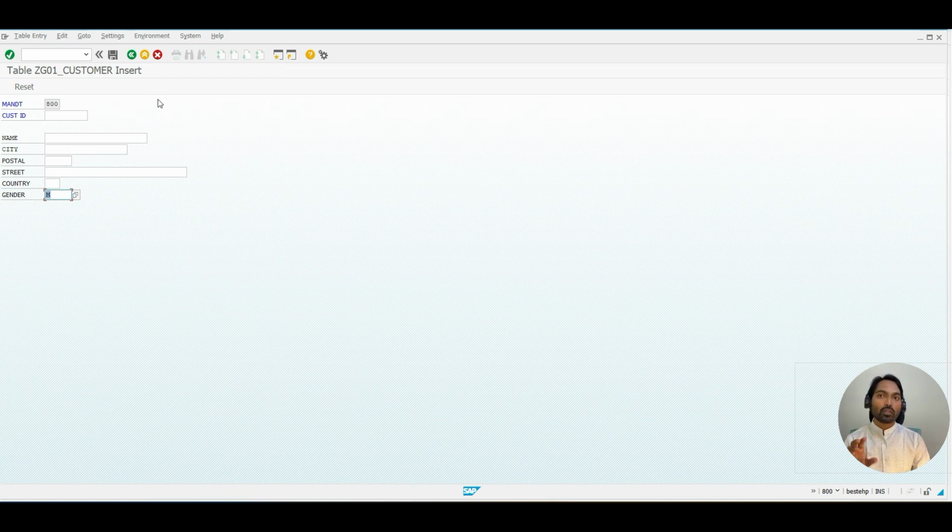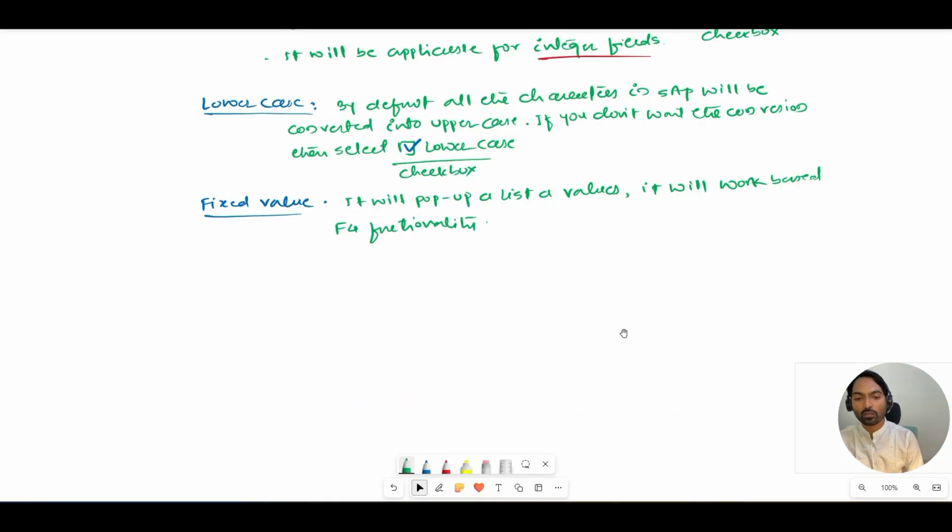Now, what if I want to get in a pop-up the values which have been maintained in one of the tables? Means you want to refer to the table. Whenever I do F4, I should get the values in a pop-up by referring to one of the existing database tables. In that table, whatever values have been maintained, those values should come in a pop-up. In that situation, you need to work with the next domain property called value table. Under value table, whatever table you are specifying, it will get the list of possible values